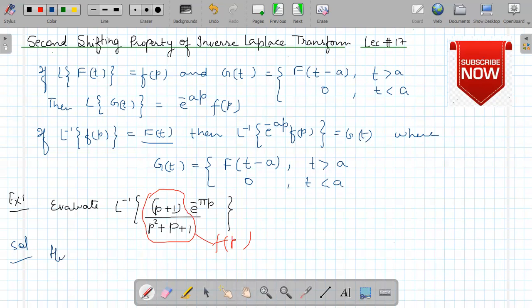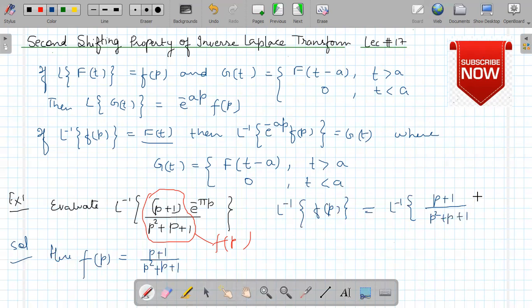So here f(p) is p plus 1 over p square plus p plus 1. So here to find out the Laplace inverse, we can use the first shifting property of f(p). The first shifting property of Laplace inverse, in which if we are given the function of p plus a or p minus a, then its Laplace inverse will be e raised to the power plus minus at into Laplace inverse of f(p). Okay,